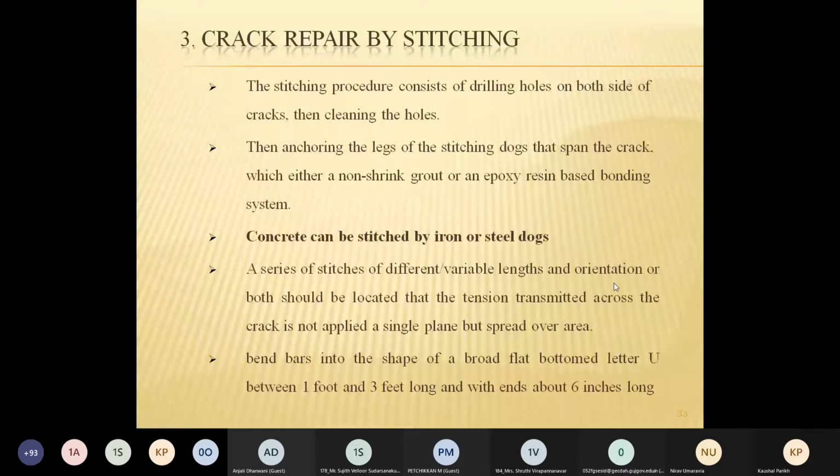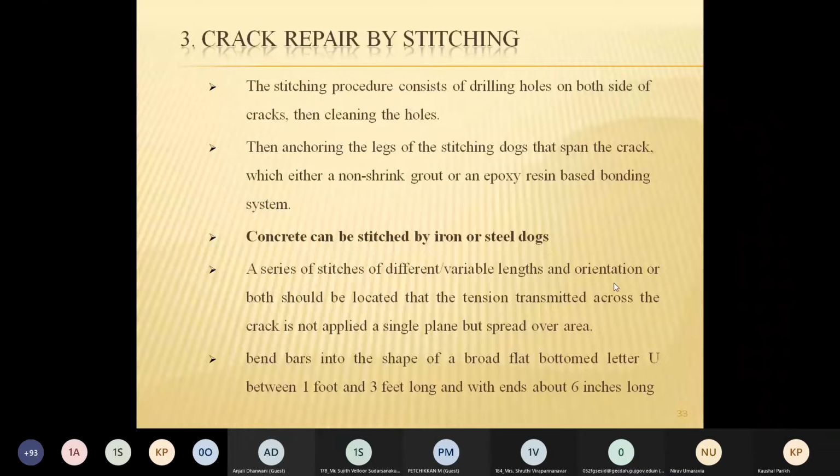Now, the third repair technique is stitching. We use the word stitching generally in the case of clothes when there is a tear, or it may be the stitching associated with medical terms. If something happens to our body, then stitching will be carried out by a doctor. Similarly, the stitching over here. Let us understand the word: what is stitching in the technical sense of repairing?